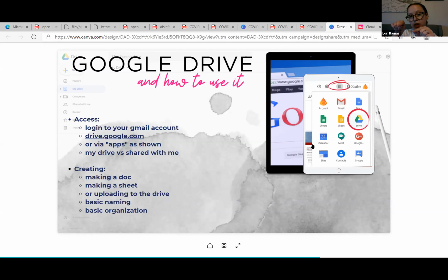Or, if you see in that little picture right there that I have on the screen, when you're in Gmail, you may or may not notice in the upper right-hand corner, there's a little tiny box of squares. If you click it, apps pop up. One of those apps is the Google Drive. It's the triangle. So that's the other way you can identify it, by the triangle. We're going to go over how to quickly make a doc, make a sheet, upload, like putting a picture in the Drive, and just the basics about how you name your different docs and maybe how you want to organize it. So I'm going to take another quick attempt here at sharing my screen.